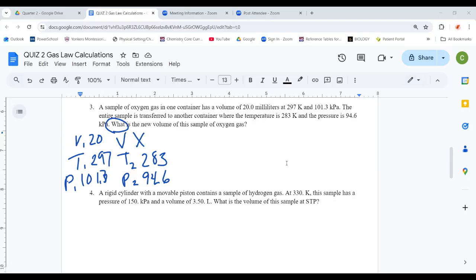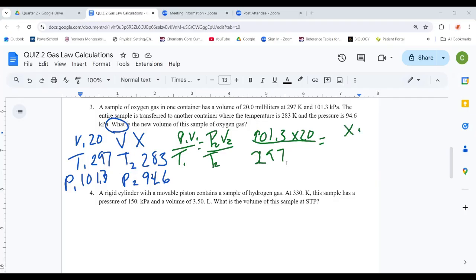So in this case, I cannot eliminate a variable. I'm actually going to use the full combined gas law this time. So I've got P1V1 over T1 equals P2V2 over T2. We're going to use the whole thing. So we're going to do 101.3 times 20 all over 297 equals